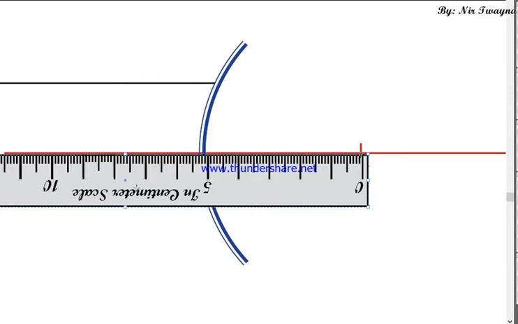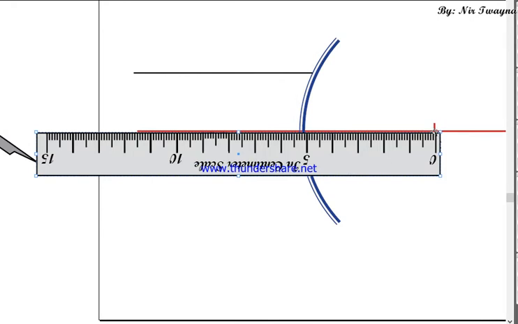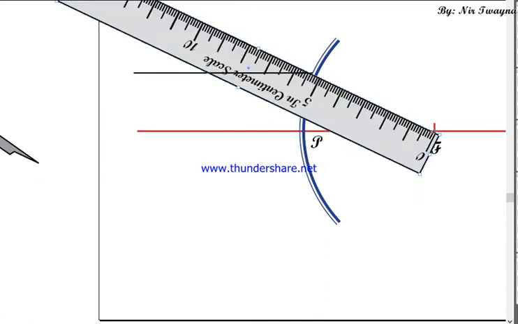Okay, so I keep my anchor point here. See what I did, I fixed my scale to focus, and then I rotate it to touch exactly at the point of incidence. Understood or not? I fix my scale to focus point, and then I rotate it exactly to touch the point of incidence. Okay, then I need to draw the line in such a way that from focus to point of incidence,